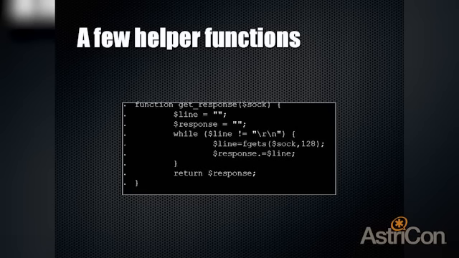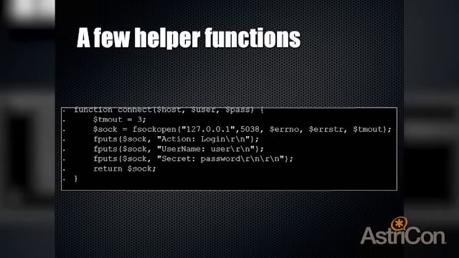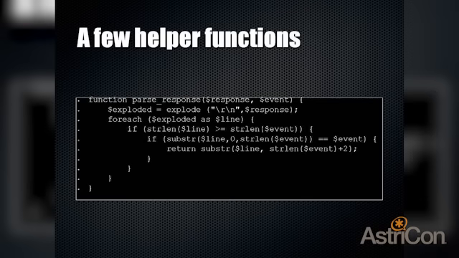One of the things you're going to want to do is probably write a couple of helper functions. This one here is basically what we just had for getting a response. It's going to get a response and go through and look for the end of a new line. Here's another one, connect, which is doing exactly the same thing as we did before. We're passing in a host, username and password, and it's returning a socket. And then we've got this one, which is parse response. So basically what we've got here,